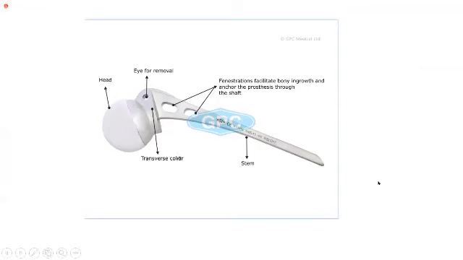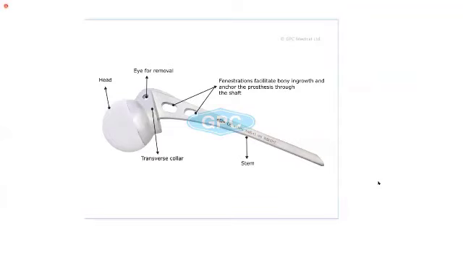Okay. If anyone can tell me what this prosthesis is? This is important. They will ask you. A while ago we saw the neck of femur fracture, no? There we will use it. But what is the name of this prosthesis? Austin Moore. Yes. So what is the difference between Austin Moore and the other one, Thompson?